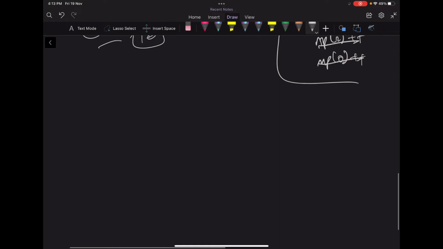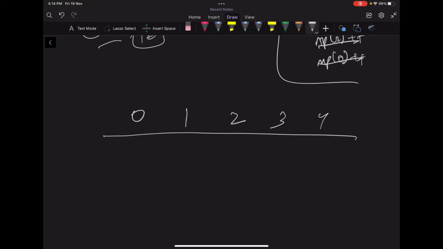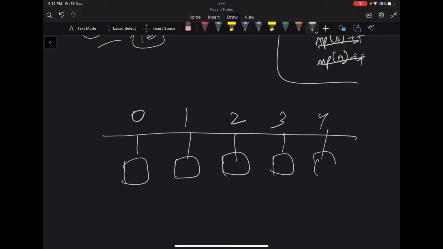So I will have these values 0, 1, 2, 3, 4. These are the different product values that I will have. And all of these will have some count values assigned to them in the map. Let's say P, Q, R, S, T. These are the count of numbers whose product value is this. P numbers have a product value 0. Q numbers have a product value 1. And just like this, I have stored all the different product values, right?